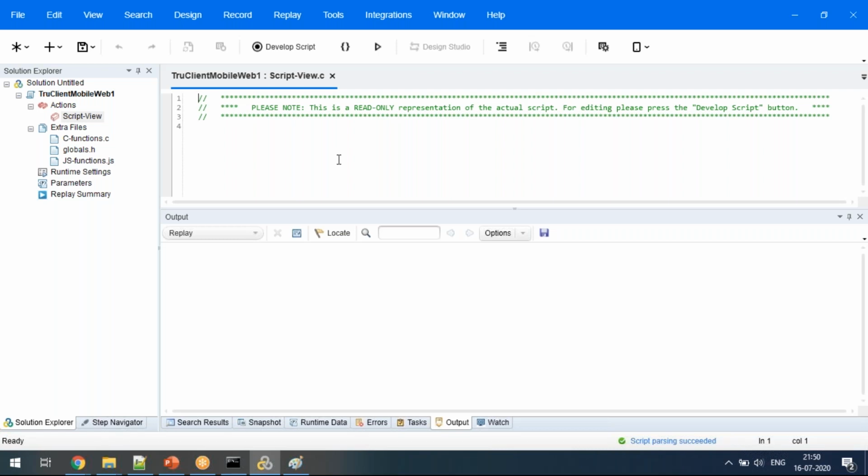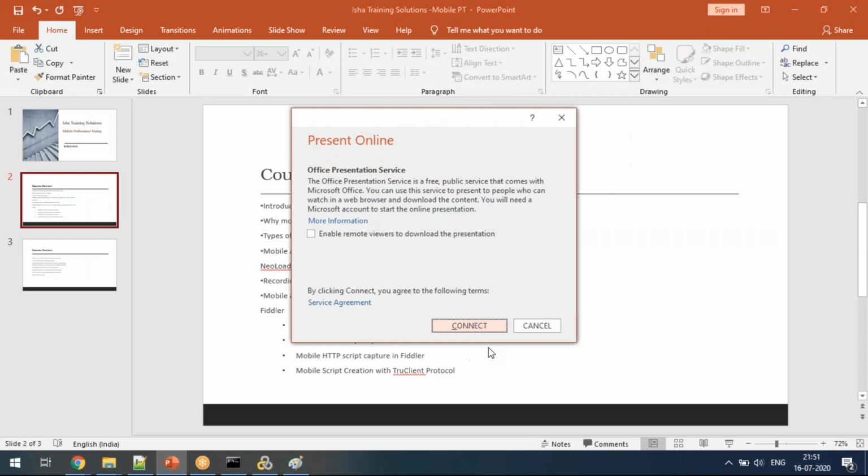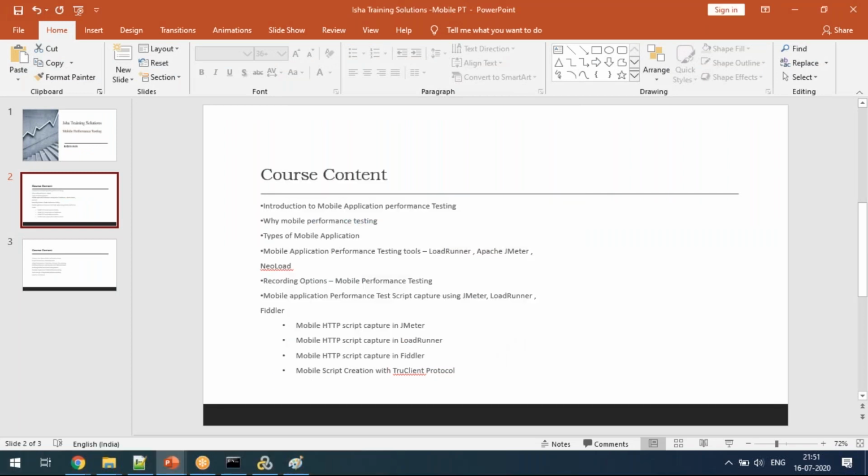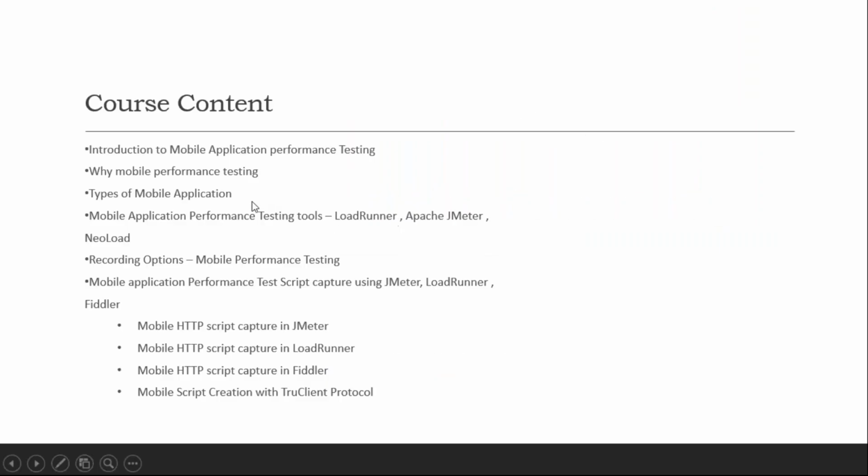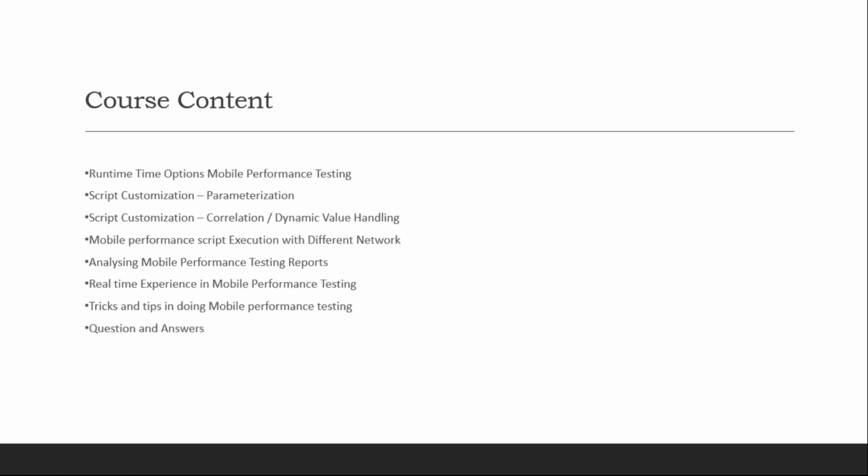So basically, guys, this is the high level understanding. I'll repeat it with the course content also. We are going to cover the different tools like JMeter, LoadRunner, and Fiddler, and I'm going to show you JMeter scripting, LoadRunner scripting, Fiddler scripting, and then TrueClient protocol scripting.